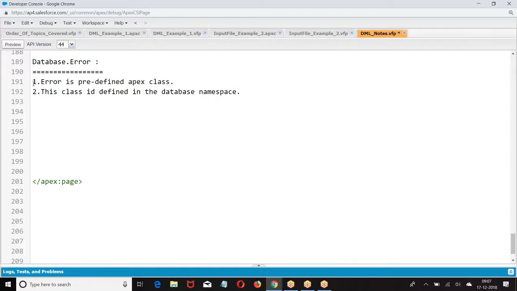This class is defined in the database namespace. This class contains errors that are generated during the DML operation.